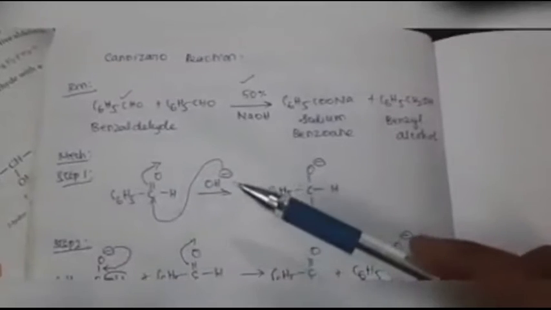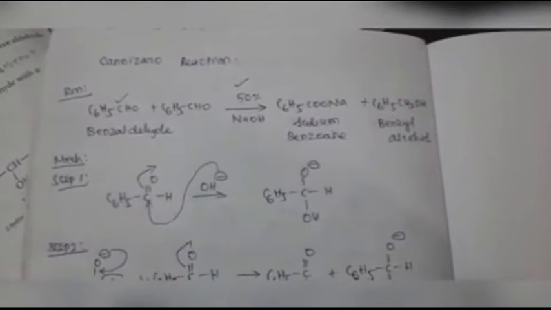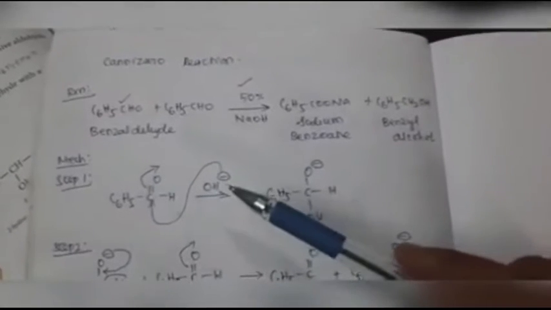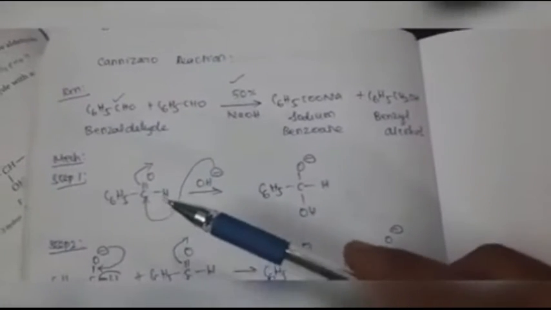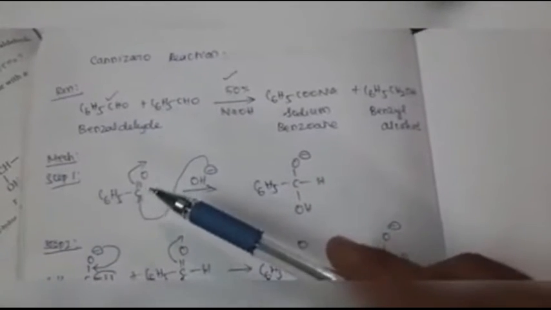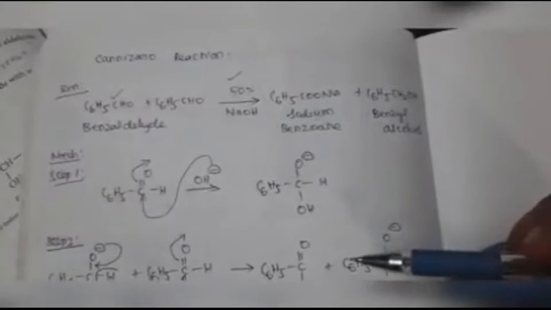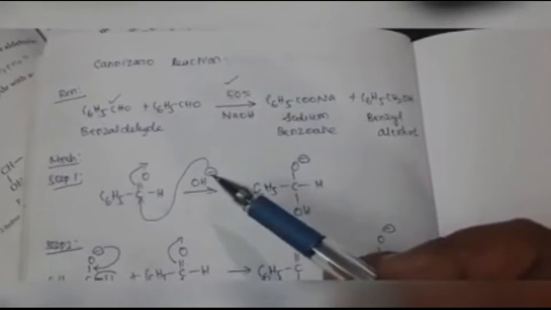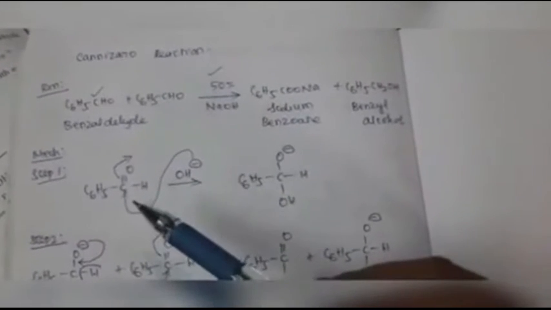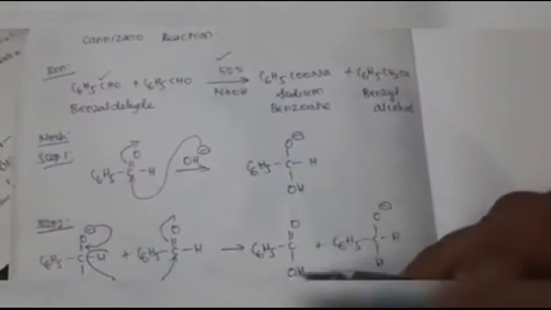So this is benzaldehyde, C6H5C=OH. It is reacted with OH minus. Electron rich attacks electron deficient. Attack means bond formation. So OH makes a bond with that carbon. That carbon already has 4 bonds. If this bond is formed, it would have 5, which is unstable. So one bond must break. So automatically one bond comes out and forms O minus. This OH, using that extra electron, the minus, makes a bond with that carbon, and automatically one bond comes out and forms O minus.